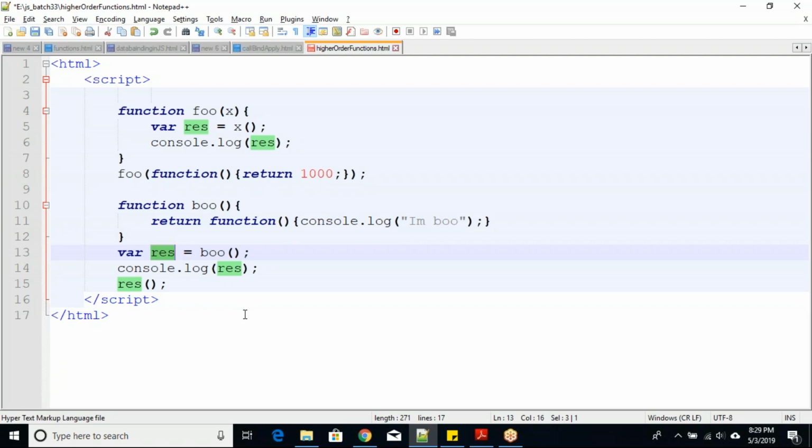Are you clear about the callback function also? What is a callback function? Okay, let us take some of the higher order functions which are already available in JavaScript, and you have to go through that. Let us go and see what are the different higher order functions we have.